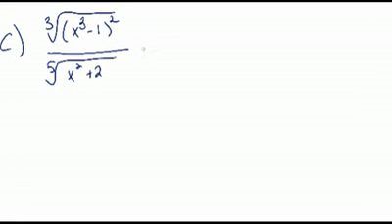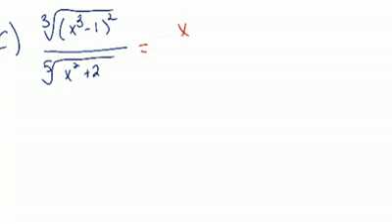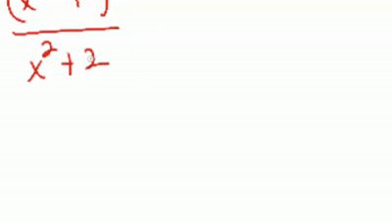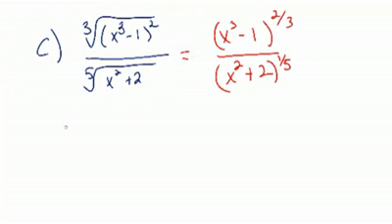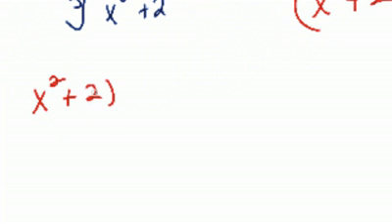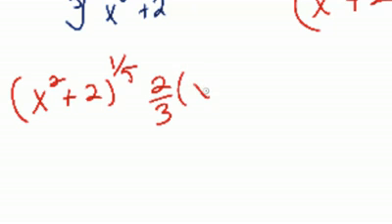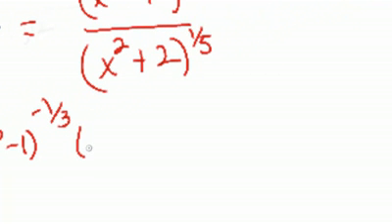So let's do it. First thing we got to do is rewrite it. That's going to be an x cubed minus 1 to the 2/3, and the denominator is going to be an x squared plus 2 to the 1/5. Then you're going to use the Lodi-High, UV prime, whatever you want to call it, rule, quotient rule. So in this case, the bottom times the derivative of the top, subtract 1, you're going to get a negative 1/3 minus 3/3 up there, times the 3x squared